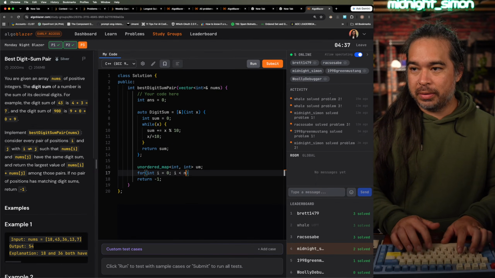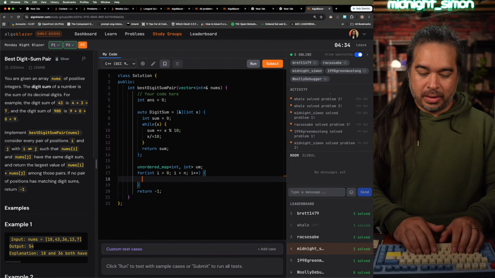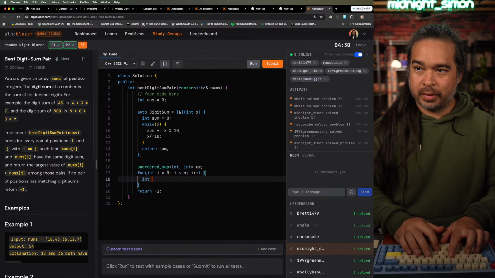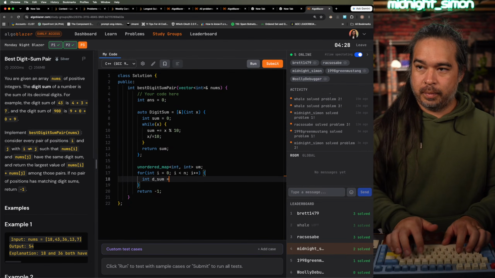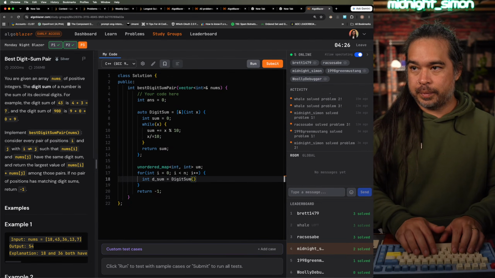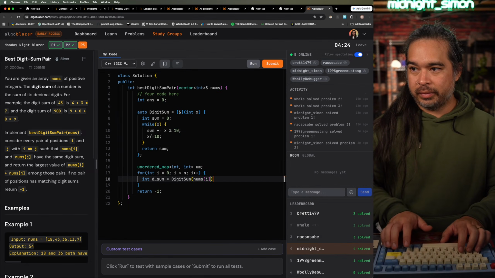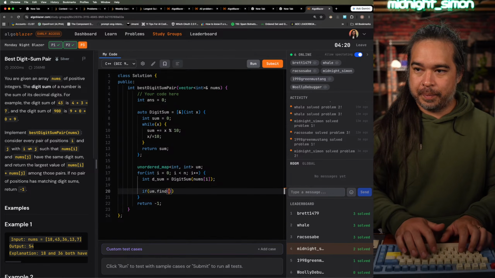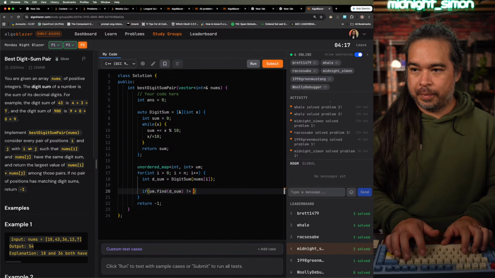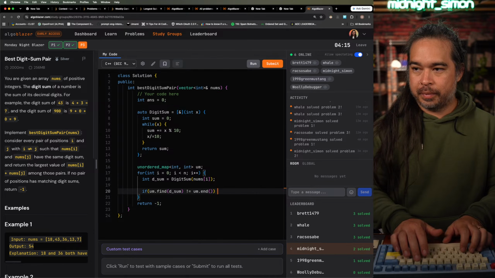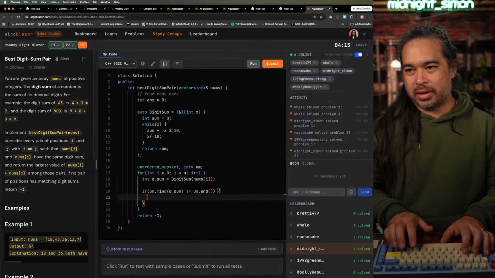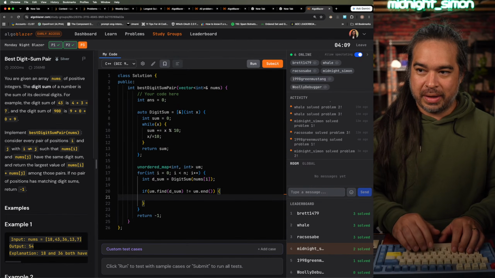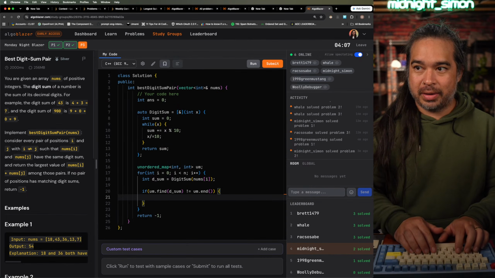So I'm iterating through nums, and that's my digit sum, and then I'm gonna look in my map. I should not do it like that, but I'm gonna do it anyways. So if we find this in our map, then